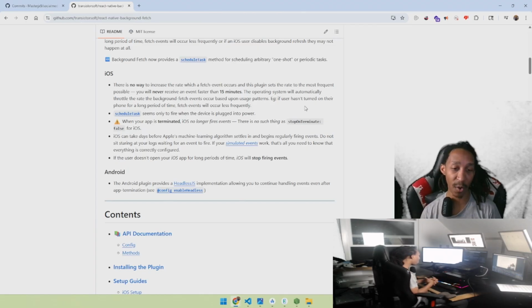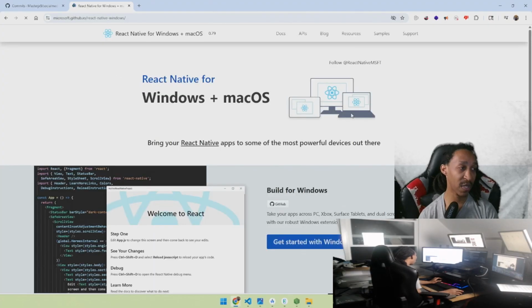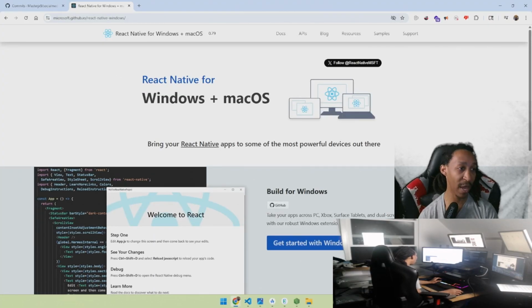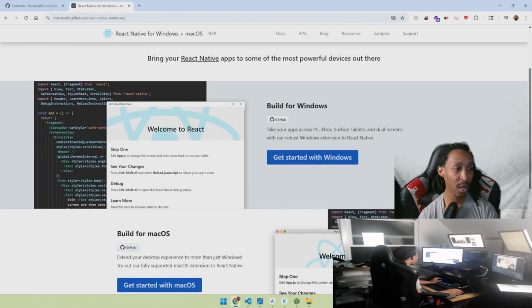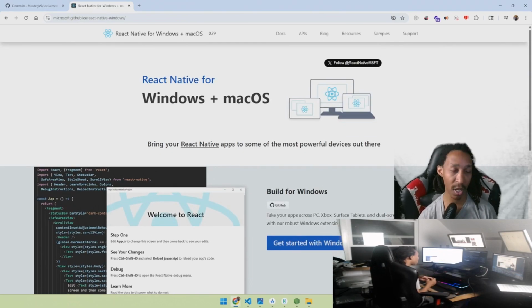So I knew I was going to have to create more, but I wanted to at least finish up what I had. This is something that I've seen where you can basically make a React Native application on Windows, which is interesting, but of course not everything may be supported. That's going to be a little bit difficult, but my goal is that if I can do this right, I can make a single code base repository. There's a lot that has to go into that section of it, but that's where we're going to pick up after we finish the Android application. So that's what I wanted to say for this video.